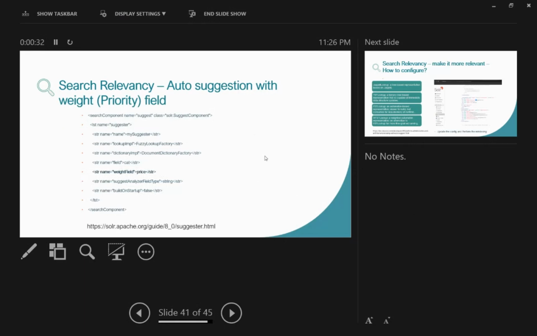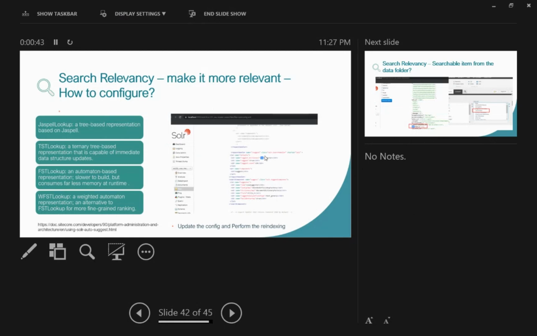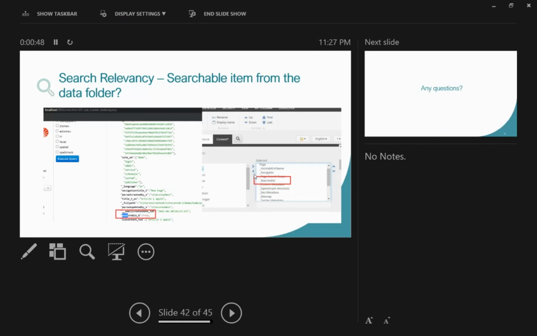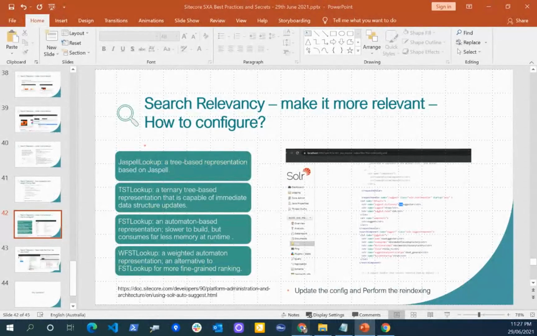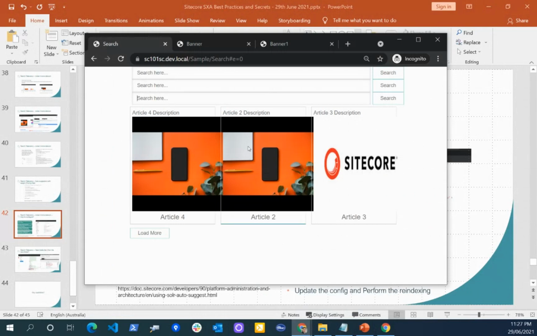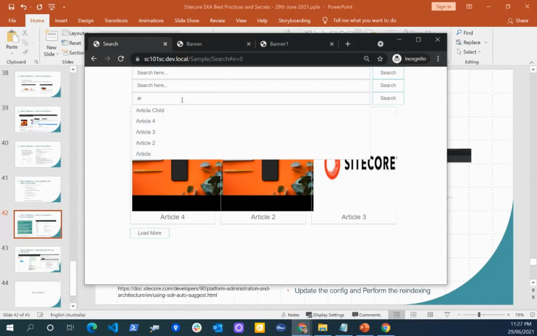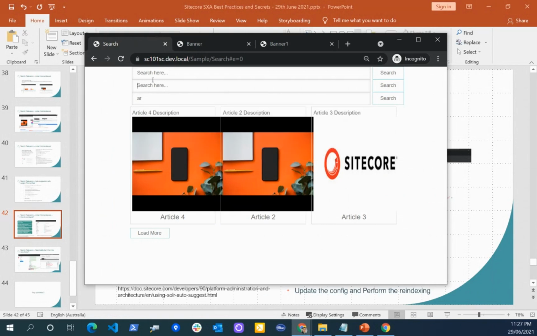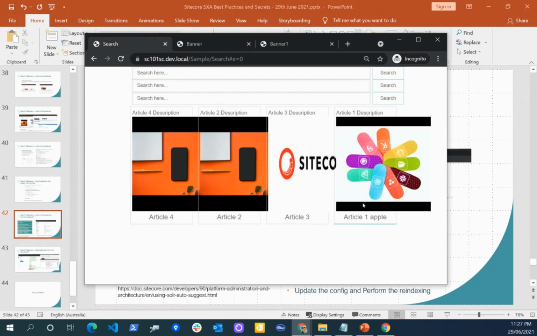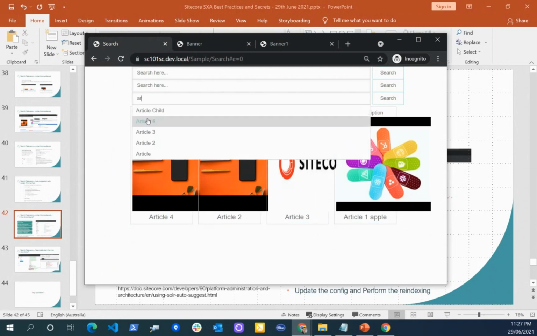So there is an SXA token field which has most of the content, but if you want, you can use the title field. And this is the place where you go and change the config file. And this is one more thing. Now, because I have just changed it here, if I do the search with this one, you can see I'm getting more predictions. Like the total items you can see here, total 4. I do the load more, but it's giving me more predictions, right? Because now it's coming from the Solr.